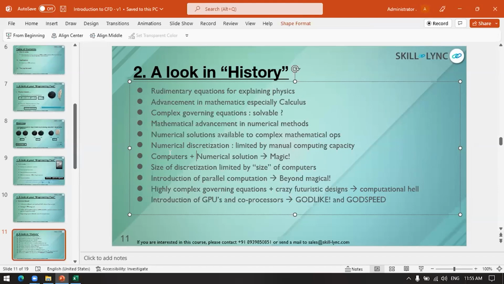But then, this is probably the latest advancement, or maybe the one before the latest. People started using GPUs and co-processors for simulations, and this changed the game altogether. From simulations that ranged between, let's say, 1 month or 1.5 months, the simulation time in some cases was reduced to maybe minutes or seconds. So yeah, that's right, from months you go to minutes and seconds. Imagine the kind of saving in time that you can achieve.